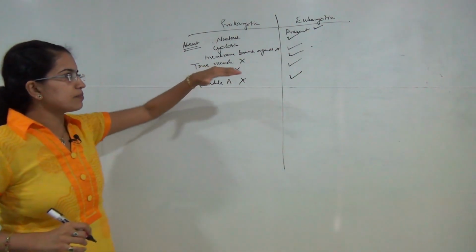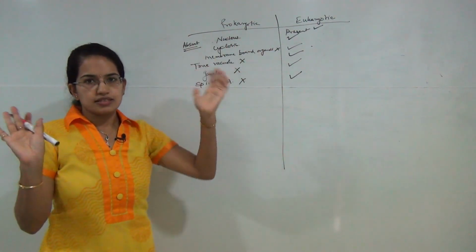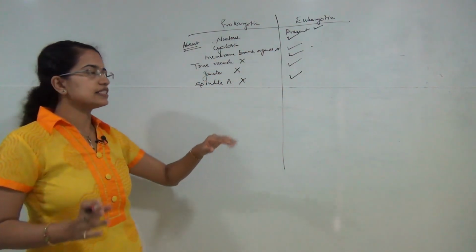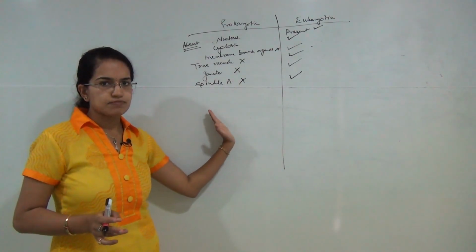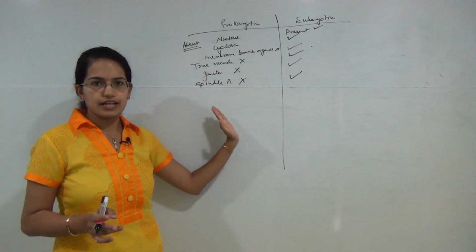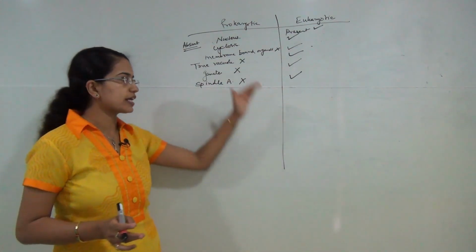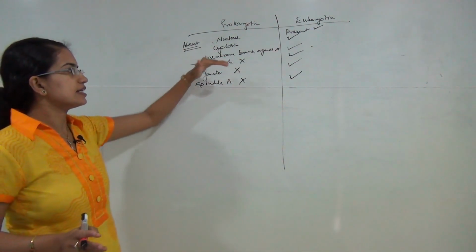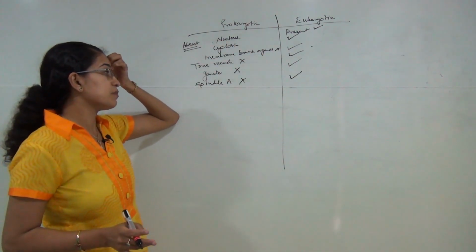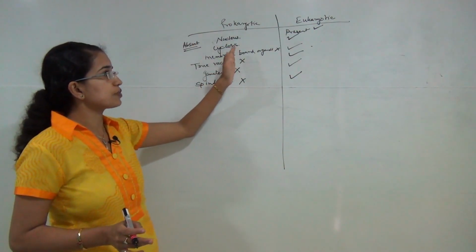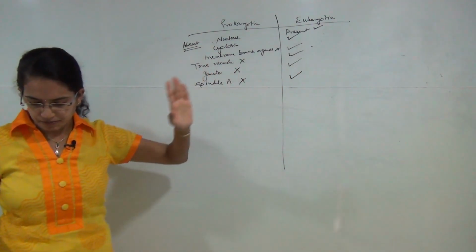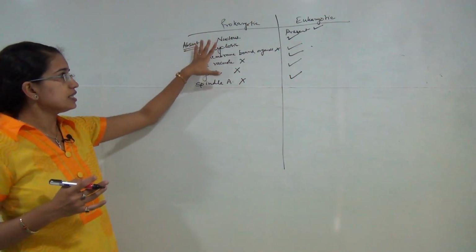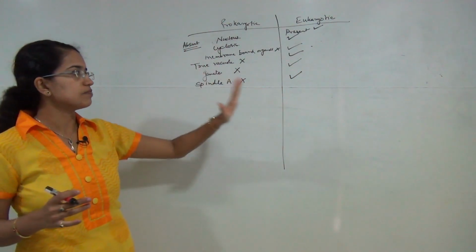Now since I said membrane bound organelles, I can give this as a single term, or I can say endoplasmic reticulum absent here, present here, Golgi bodies absent, present, then I can say lysosomes absent, present, and so on. So I can create a huge list, but rather than that you can simply say the membrane bound organelles are absent in case of prokaryotic and present in case of eukaryotic cells. Then again these are the ones that are absent here and present here.